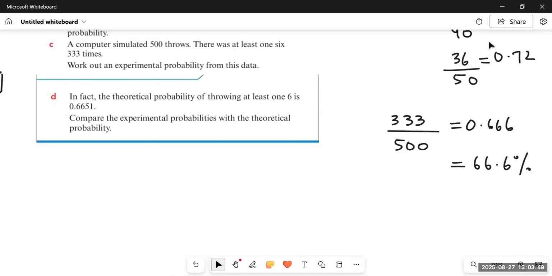So it means that when we are going to calculate the values based on a large number of throws, then the theoretical probability and the experimental probability would be very close to each other. That's all. Okay, so if this type of question comes in your exam, you can write this answer. So for now, we are done with theory questions.